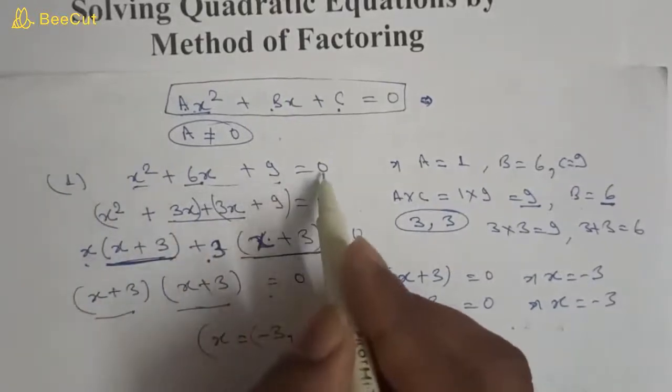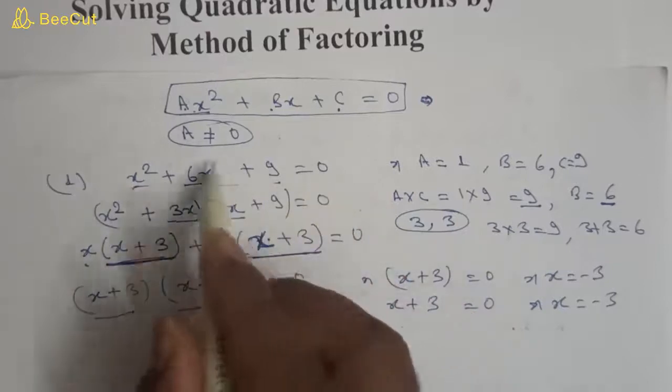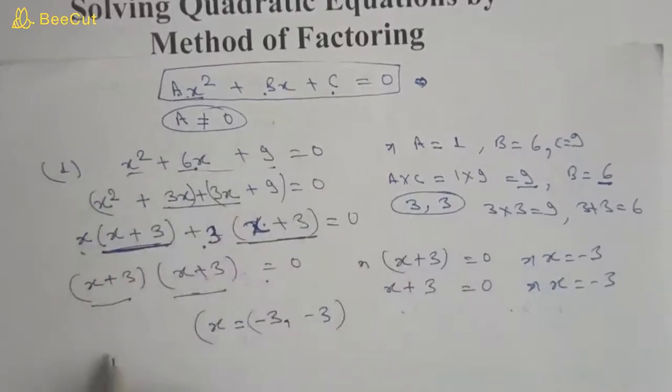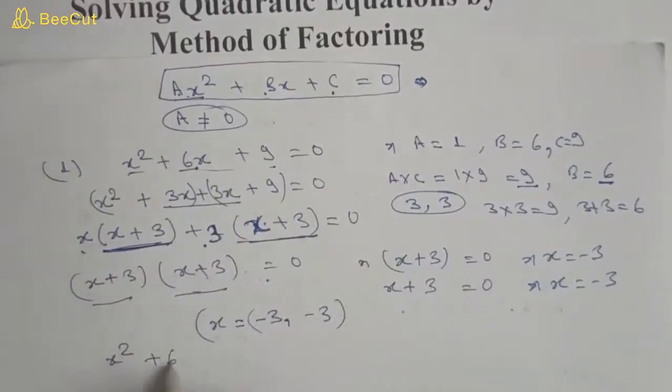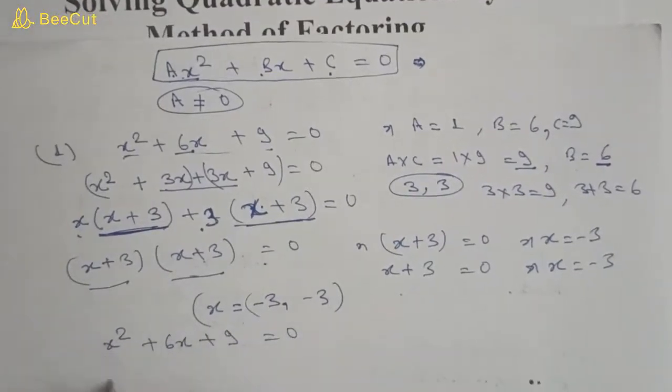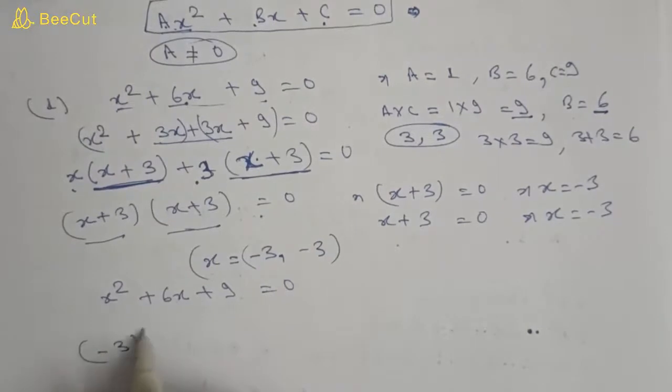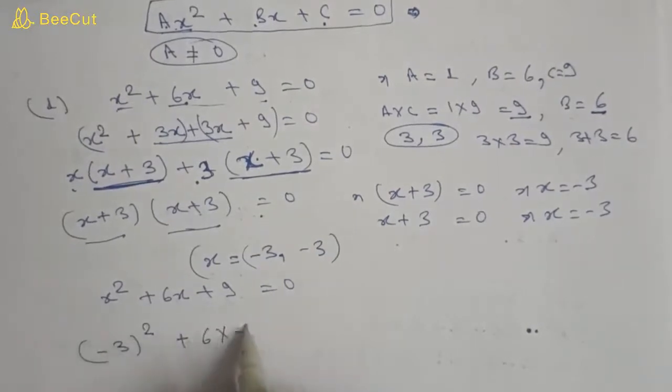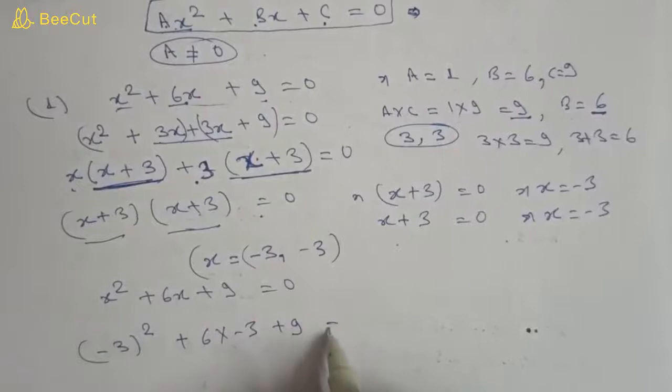Since the right side is equal to 0, the left side should also become 0. So if you put x square plus 6x plus 9 is equal to 0, and put x is equal to minus 3 here, then we will get minus 3 to the square plus 6 into minus 3 plus 9 is equal to